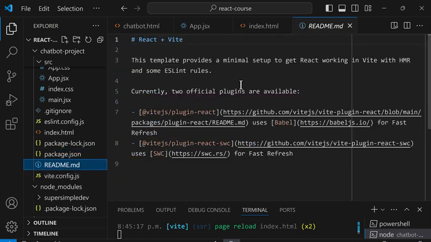So this is just text. It provides more information about this project. And this is not code, this is just for informational purposes. So we don't need to change this file. Finally,